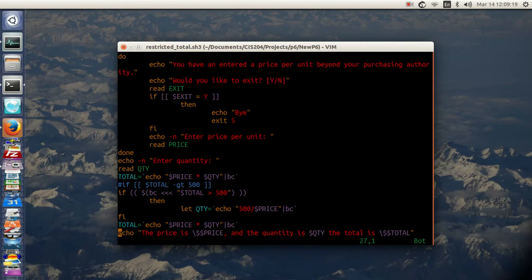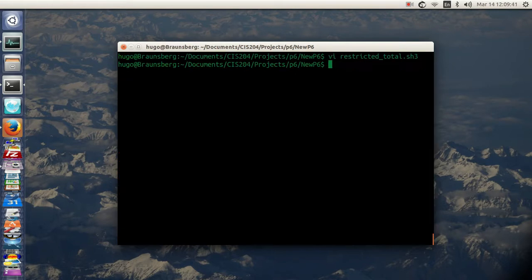And then I use this if BC, test the BC to be 0 or 1, the total is greater than 500. This allows me to do the floating point math that Bash just doesn't do. You notice that last total? There we go. So let's take a look at this. Let's take a look at restricted